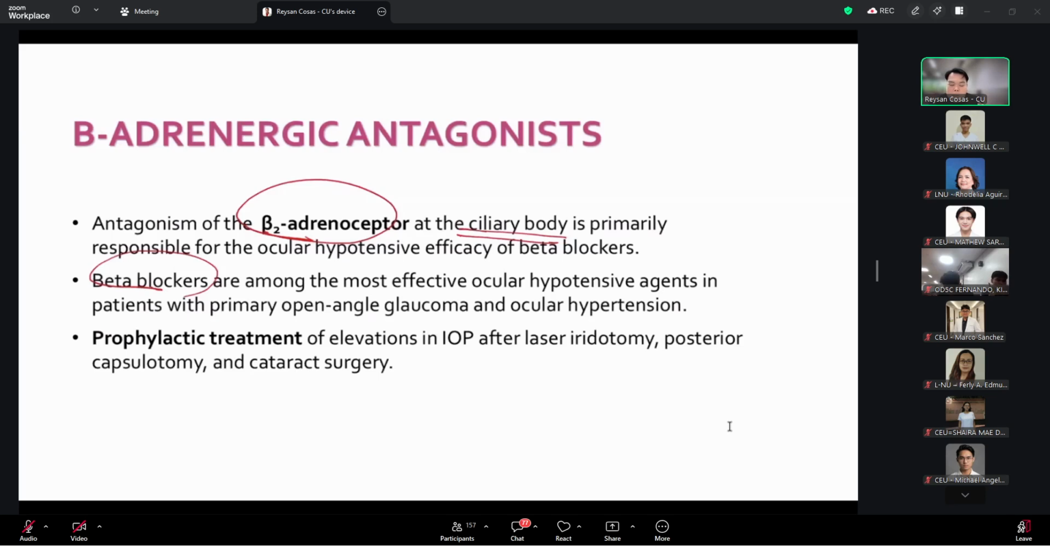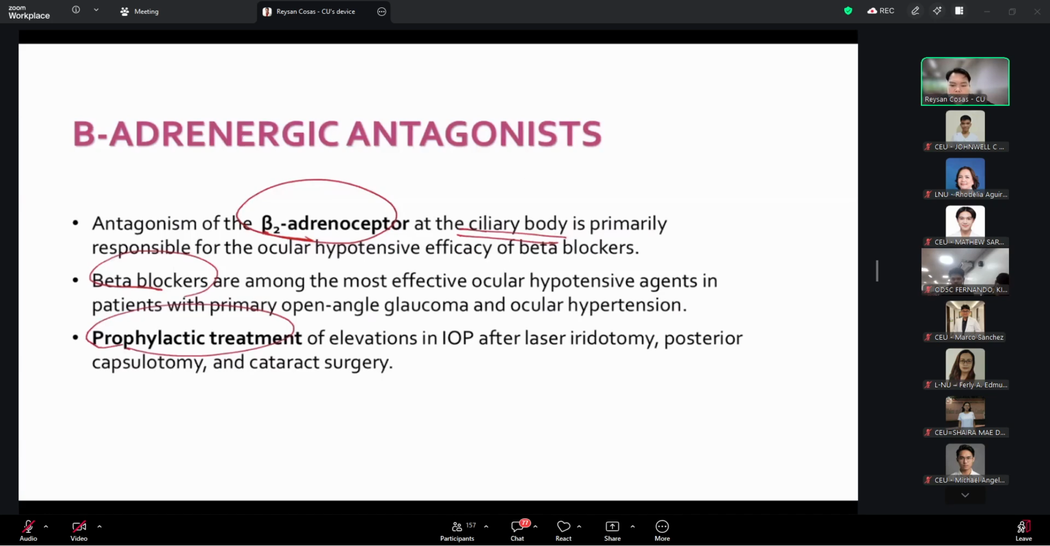Beta blockers, especially timolol, are also effective for the prophylactic treatment of elevations in IOP after laser treatment, including cataract surgery. Okay? Baka may tanong kayo na,